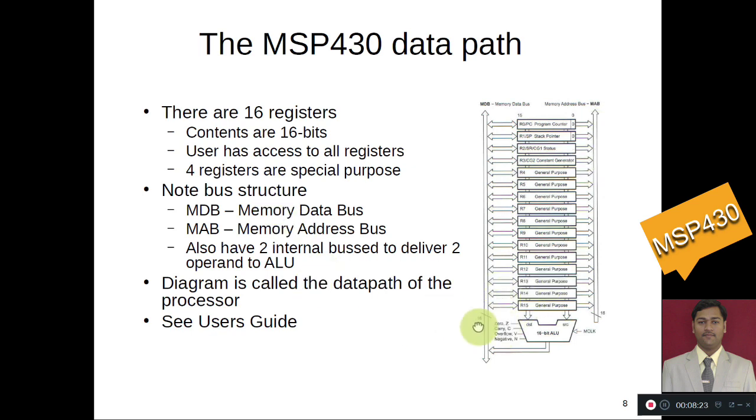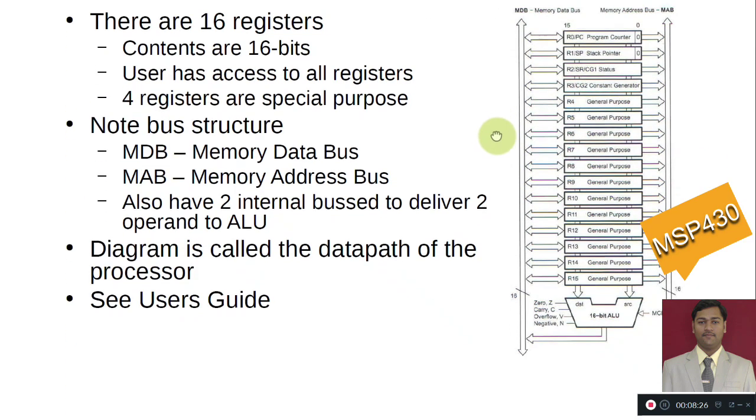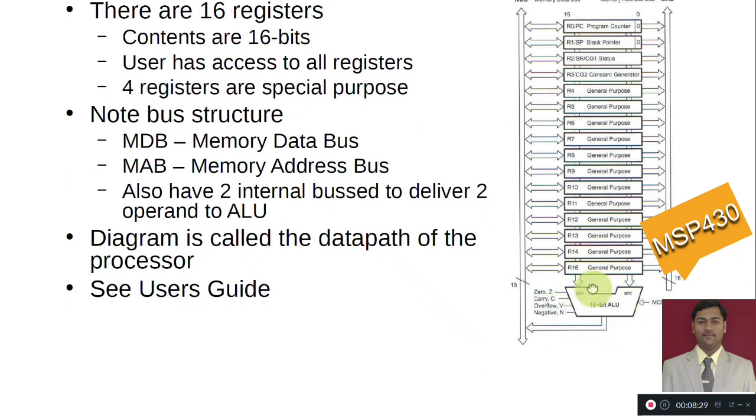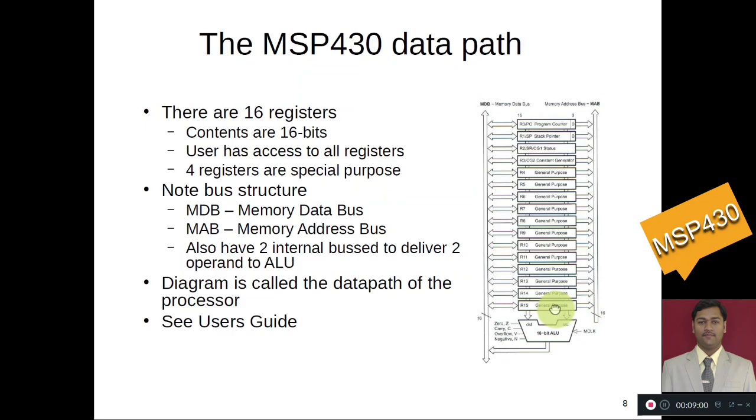And one more thing, when we go through this data path, we come across the ALU concept, and again we need to understand the status flags. Whatever the result of this ALU operation is, accordingly the status flag bits are affected. Z is for zero indication: if the result comes zero, then the Z flag is affected. C is for carry, V is for overflow, and N is for negative. So according to the operation being conducted in the arithmetic and logical unit, these status flags are affected and reflected in the status register accordingly.